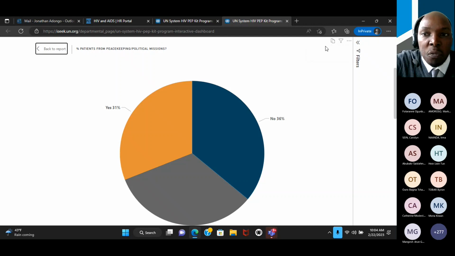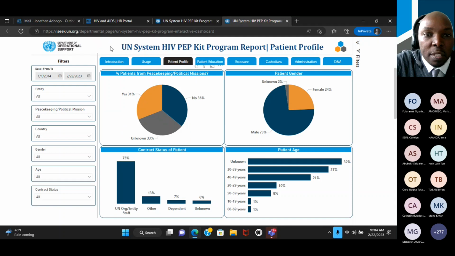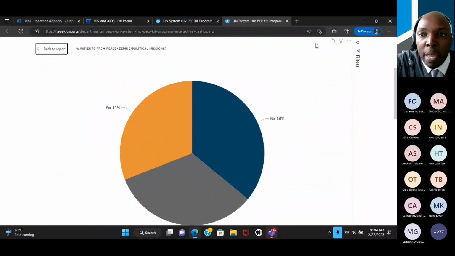However, if you do need to export the report, just contact the public health team, let them know which entity you're from, and they can export the whole dashboard on your behalf. But for those of us using it through the web, if you want to use the visuals in presentations, just click the focus mode, copy this, and paste it in whatever other application you're using for your presentation.